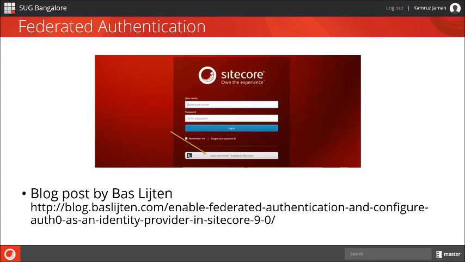I suggest having a read of this blog post by Baz Lichten. He has written a few posts on authentication. He actually wrote an OWIN middleware layer for Sitecore 8 something or other. So he's written a new post on Sitecore 9 and the federated authentication, and he has actually gone and created a custom provider using Auth0 as the identity broker,